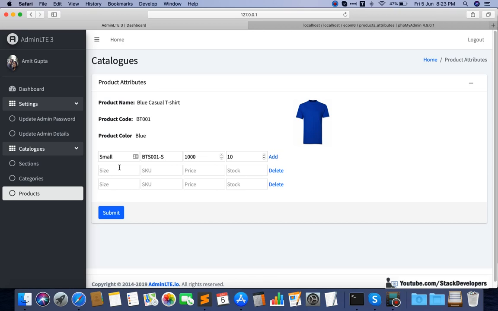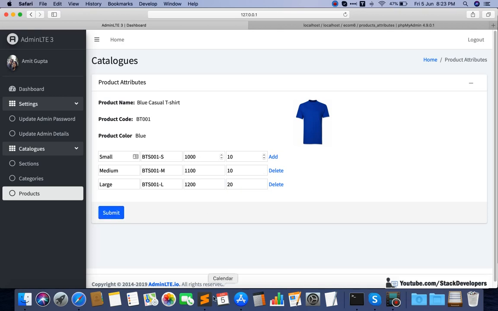I'm going to add two more times, medium and then large. Here you have added stock 20. Now I'm going to submit.